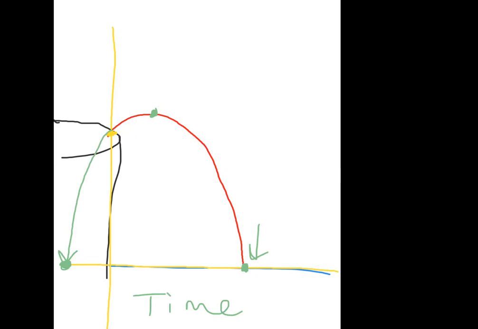One other thing I want to point out: if you're looking at the example where you kick the soccer ball and it comes right back down, everything here is symmetrical. So if I knew that the highest point happened at, let's say, 2 seconds, then if it took 2 seconds to do this, it's going to take 2 seconds to do this. So you already know that this is going to be a 4, because this is all symmetrical.